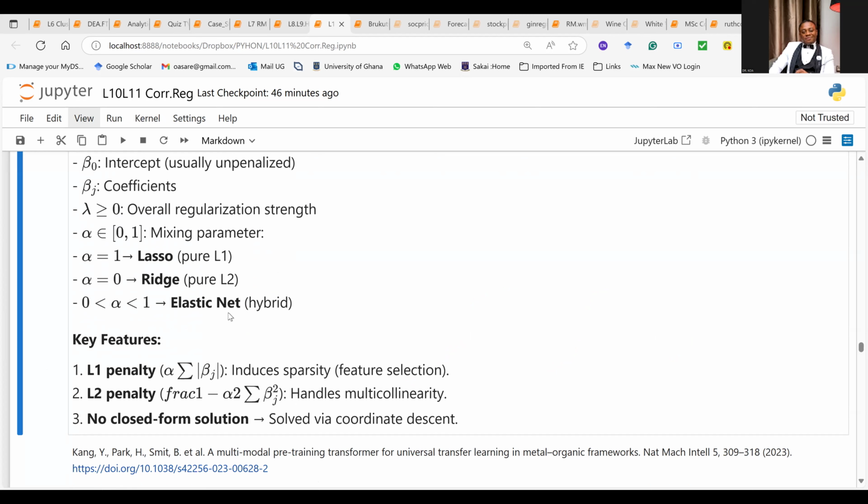We are not looking at binary classification. But if you are doing binary classification, support vector machine, you can use it for regression. Support vector classifier, you can use it for binary classifications.